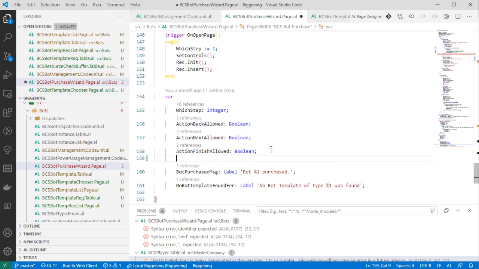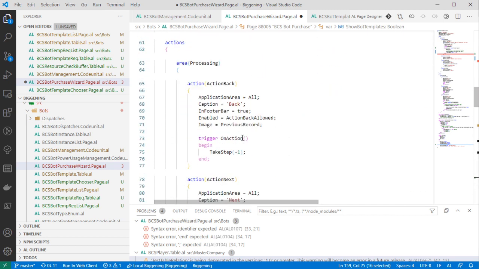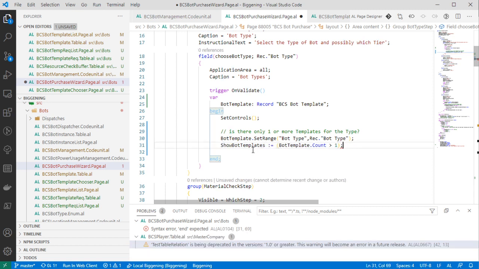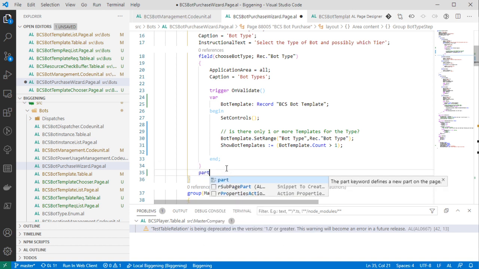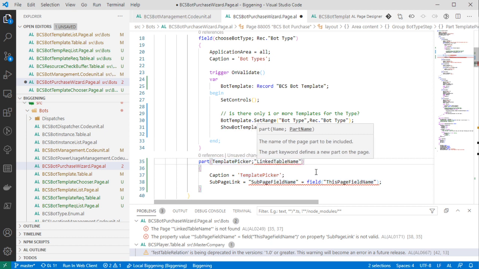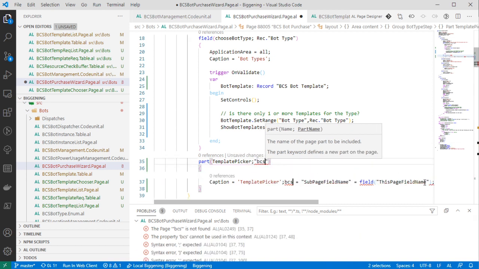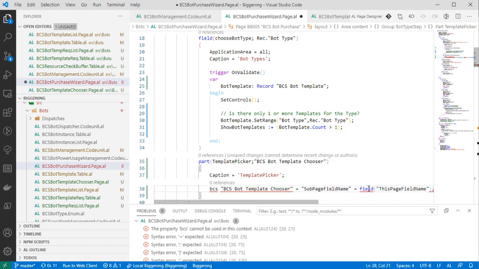Let's do another little boolean of show bot templates. There we go. And we are going to use this variable to, and by default it is false, so that's nice and easy. And what is that going to do? That is going to control a new part underneath our bot type field. Oh, nice. There's a cool little snippet for it. Thank you, AL Toolbox. Template picker. And our linked table name. Let's see here. This is coming from BCS bot template chooser. Yes. I think it kept a...